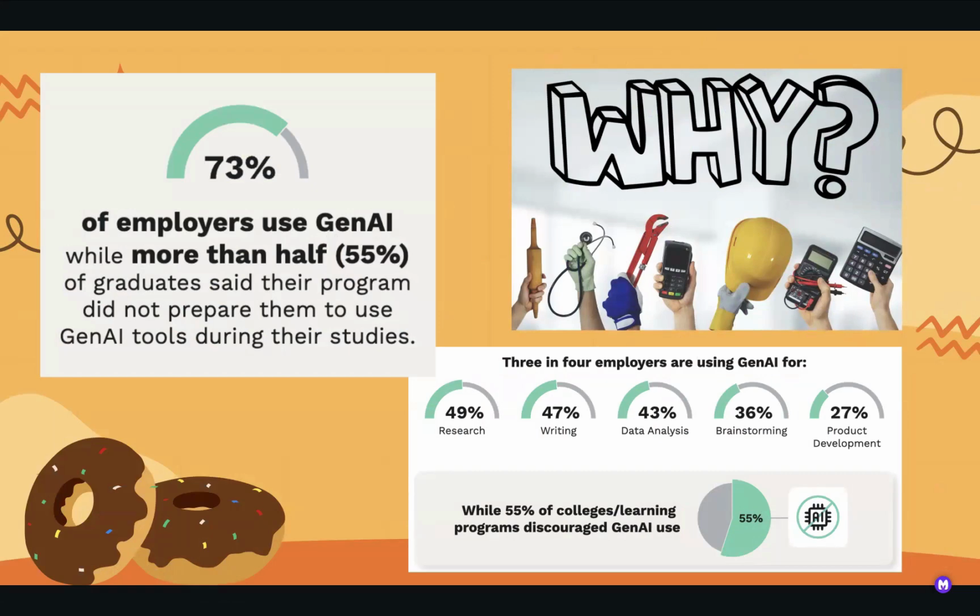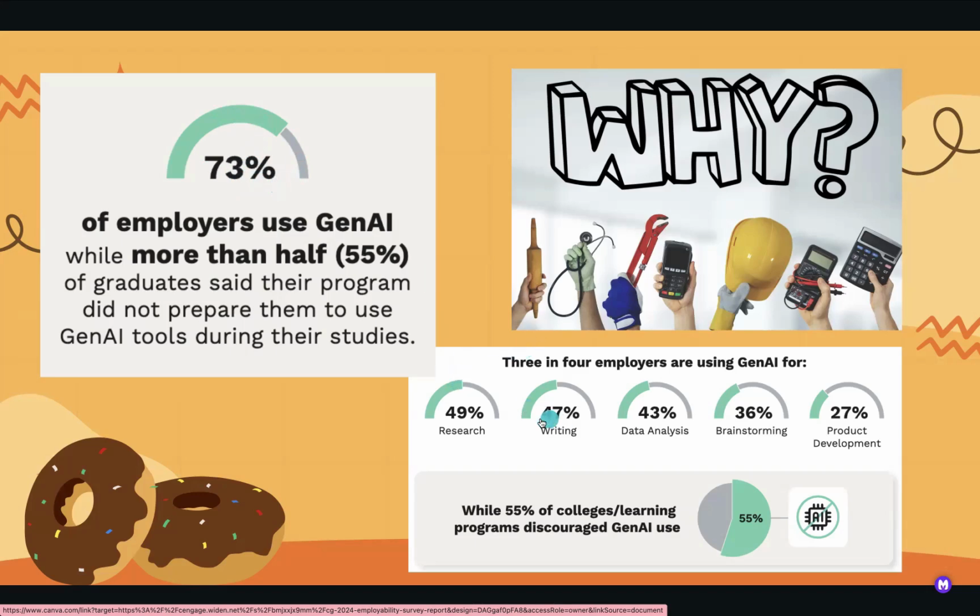Another piece that I did see someone mention in the chat too is our workforce. So why AI literacy is so important now for our students' futures is this number right here. And I bet since I've put this presentation together, I bet that this number has even increased over time. As of the last time they had this, 73% of employers were using generative AI, but only 55% of college graduates said that, hey, no one ever talked about it with us. We were not maybe allowed to even use it in our college prep programs. So that is kind of concerning because we have this discrepancy between it.